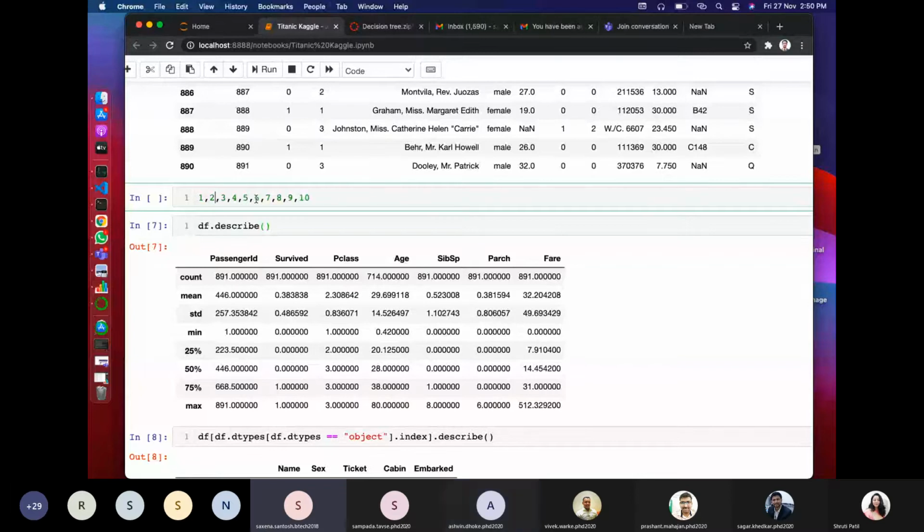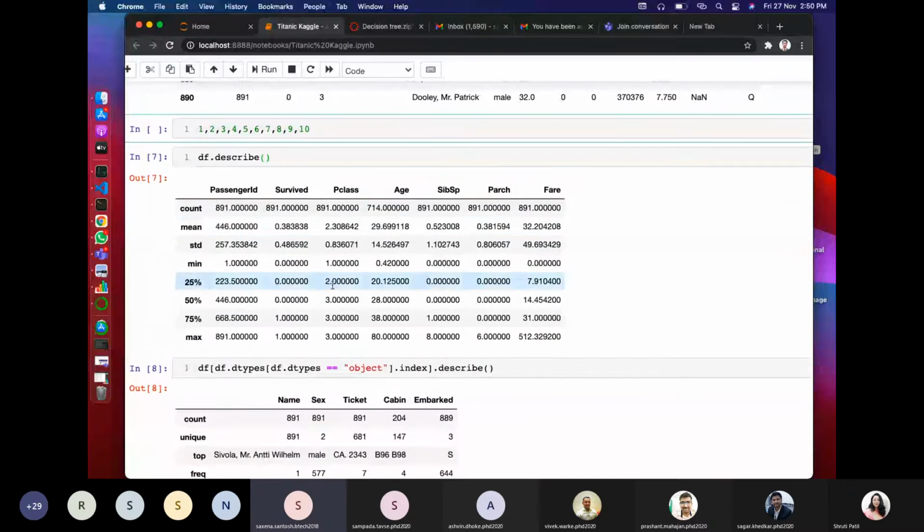The 25th percentile is this value because this is 1/4 of your values. The 50th percentile is the value 5, then the 75th percentile is 8, and the 100th percentile, that is the maximum, is 10. So these are the values given here.